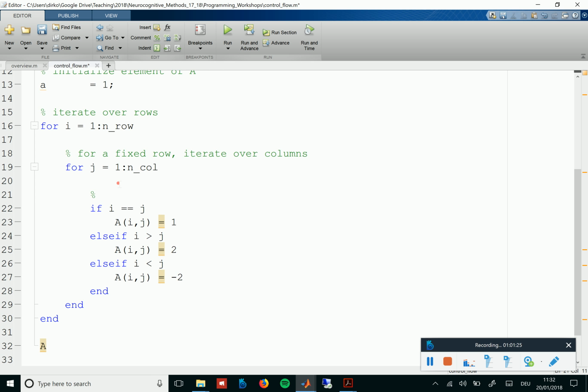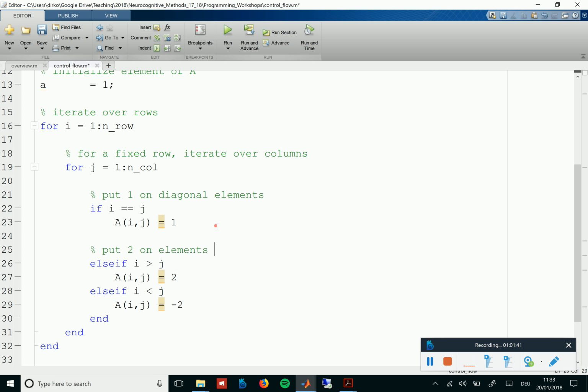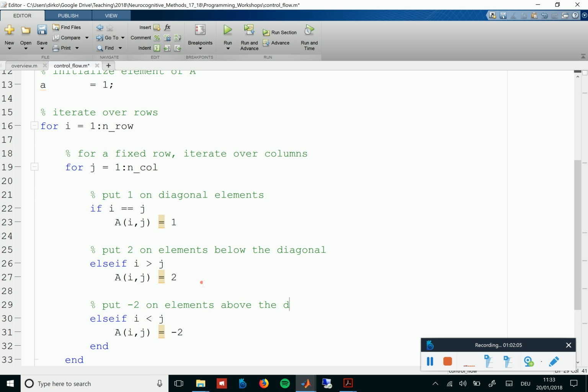Here, for example, you could write something like: put 1 on diagonal elements, put 2 on elements below the main diagonal, and here, if i is smaller than j, yeah. So in general,